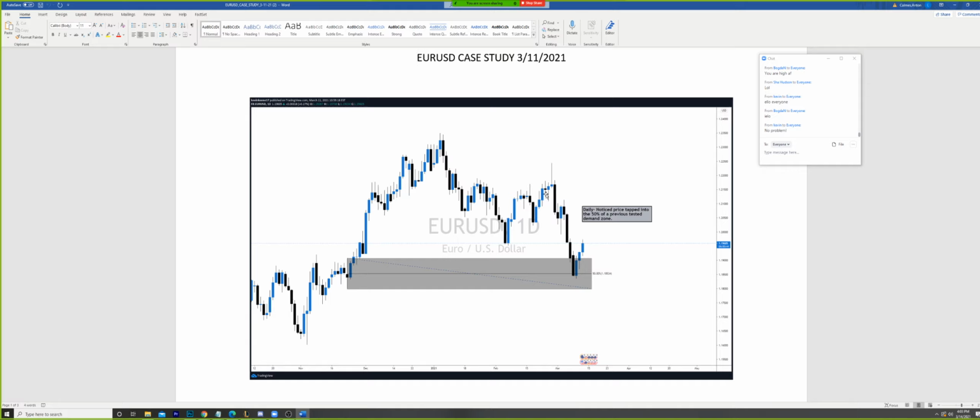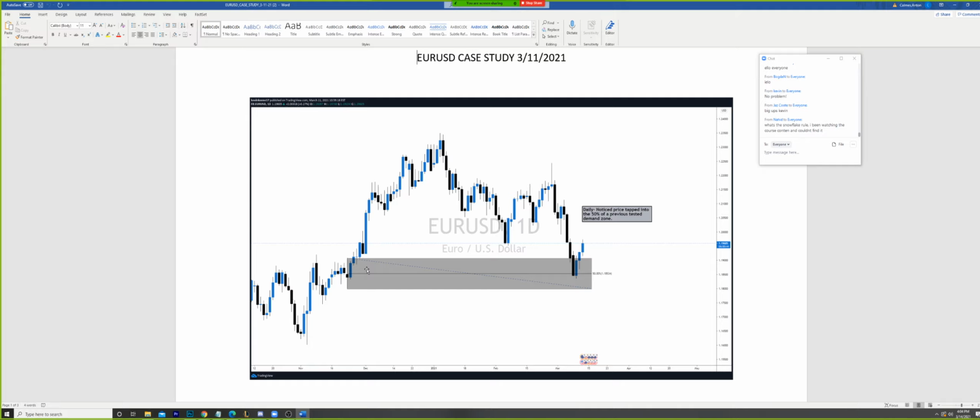So as you can see, on the daily, he had this zone marked out. Now, what's interesting about this specific zone is, if you were to look at it on a lower time frame, you might notice that there are areas in here that are still left unmitigated. And you could have refined to those areas that are unmitigated because, as you all know, I like to trade supply and demand zones that have not had any mitigation. But that said, you are not wrong to use general areas.